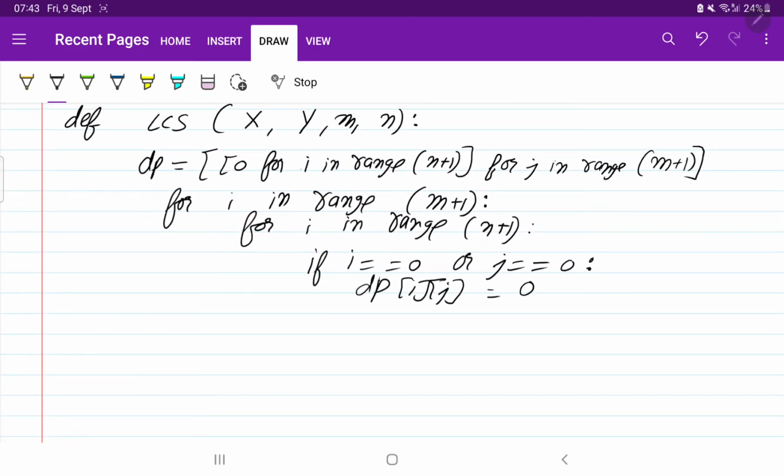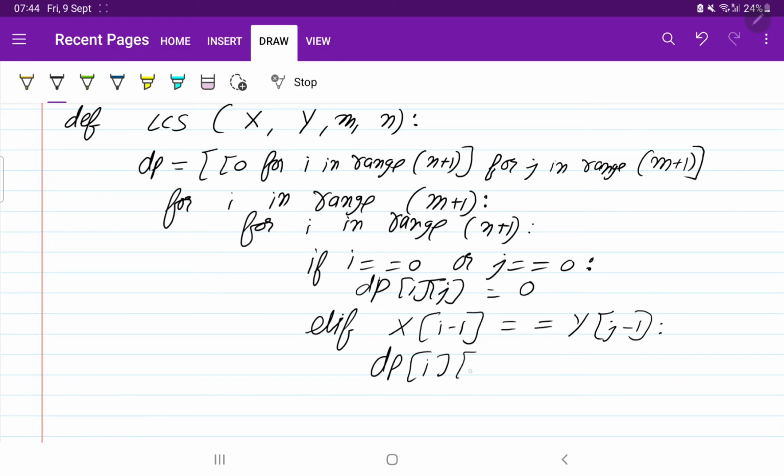So this we have done. Now what we need to do is else if. In Python we write elif, right? If elements are equal, x of i minus 1 equals y of j minus 1, then we are going to fill dp[i][j] by adding 1 to the previous one, that is dp[i-1][j-1].